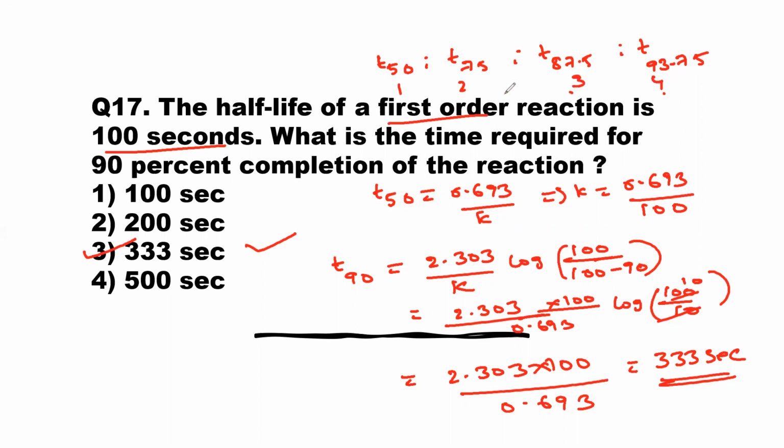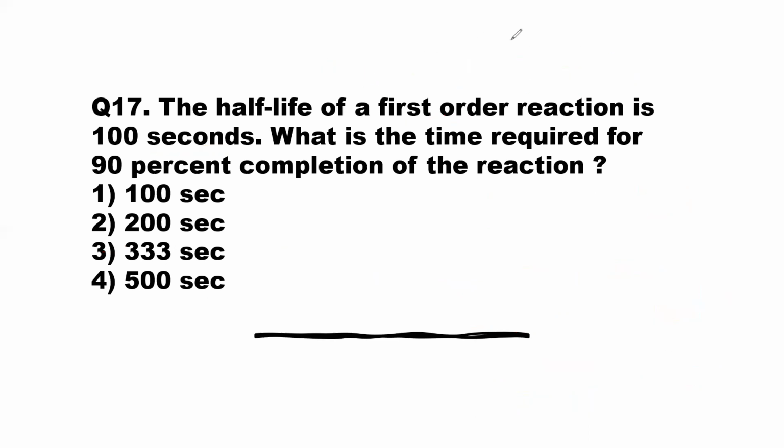Since they have not given the exact percentage of these, it is given in between these two. So it should be in between 300 to 400. The option in between 300 to 400 is only 330 seconds. Even after solving this, you get 330 seconds. So either you can use this method or this method. I hope this method is useful for you for your exams. Very, very important. I hope it is clear. Next question.